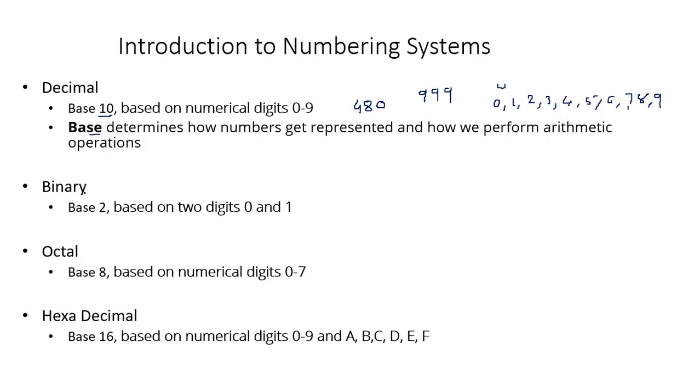The second number system that you have is called binary. Why is binary very important? Because whatever computations happen in the computer use the binary system, which is also called base 2. Similarly, when we say base 10, it has 10 digits. When we say base 2, it has 2 digits. So what are those 2 digits?